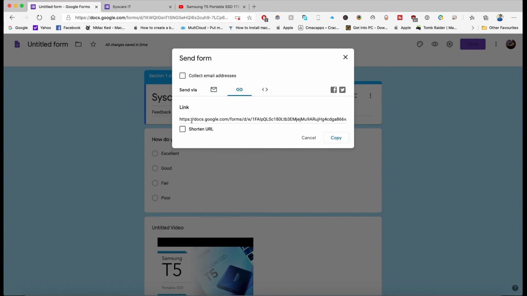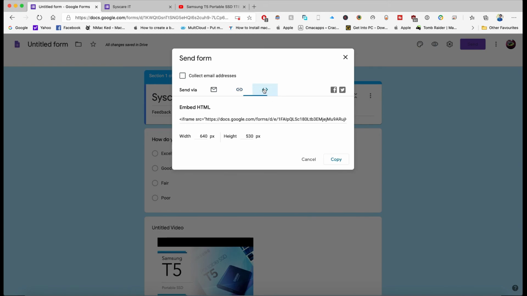Or if you have a Google link, you can send this link also. Or if you have a website where you want the survey or feedback to be submitted, this is the HTML code that you can input on your website. Just copy it and your website creator can add this.